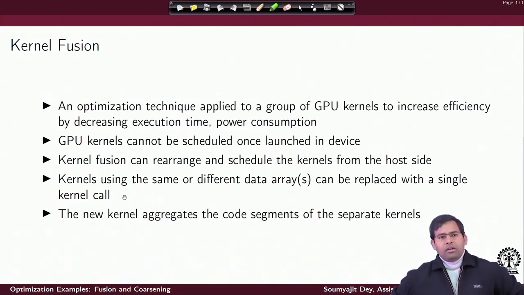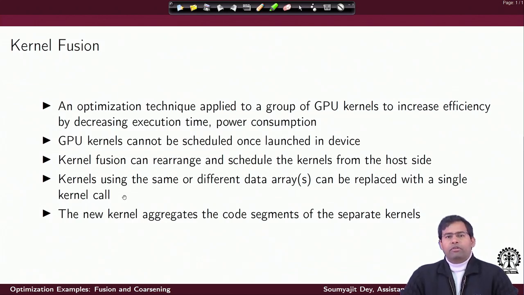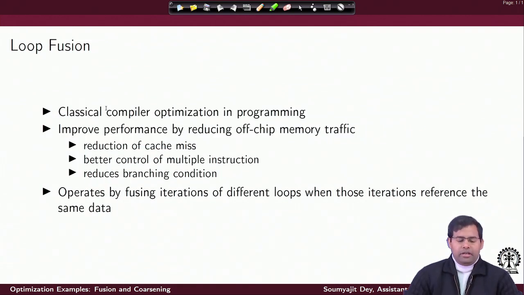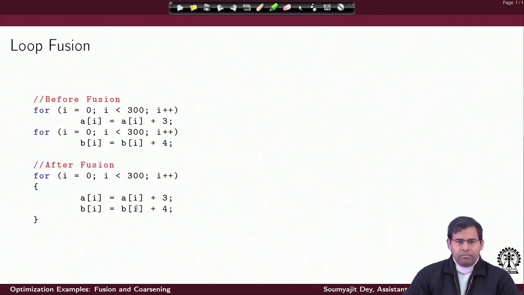Now, coming to our specific topic of fusion when we are talking about GPU kernels. Before getting into this, I would like to tell you this is just a very simple representative example. It does not highlight all the advantages of loop fusion, only a few, but you can study the classical compiler or program optimization literature and find that there are a lot of advantages that loop fusion actually brings into play.